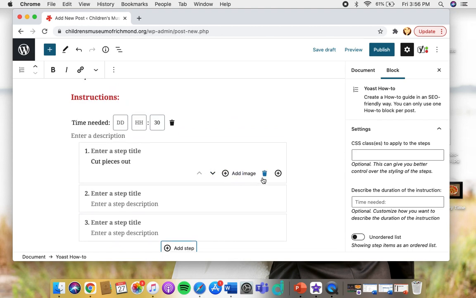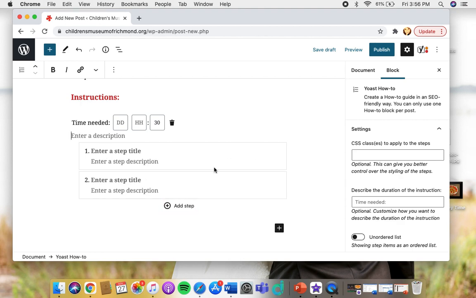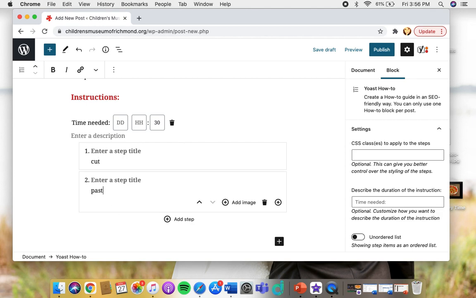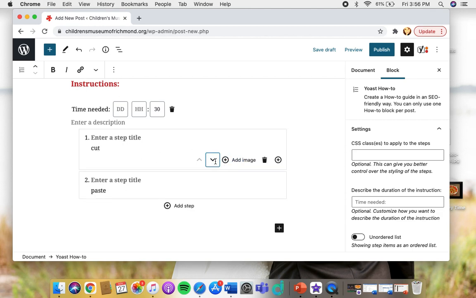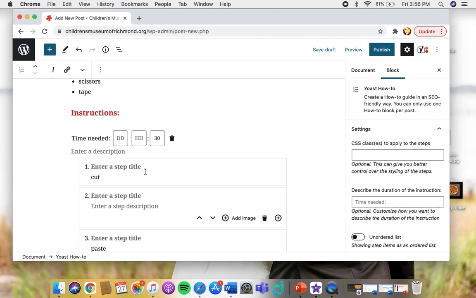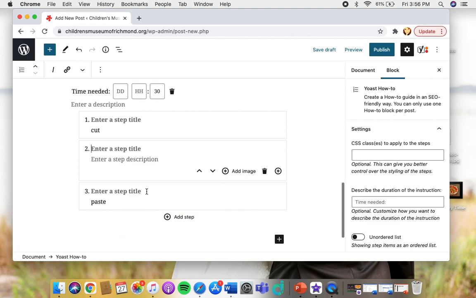So you guys can see that there's a trash icon. That's going to delete that step. Maybe you want to add an image, or you want to change the order of the steps. So say this is cut, paste. Maybe you want the cut to go second, or paste, and so forth, by changing the arrows. Insert step in between. Maybe you forgot a step. So those are the basic